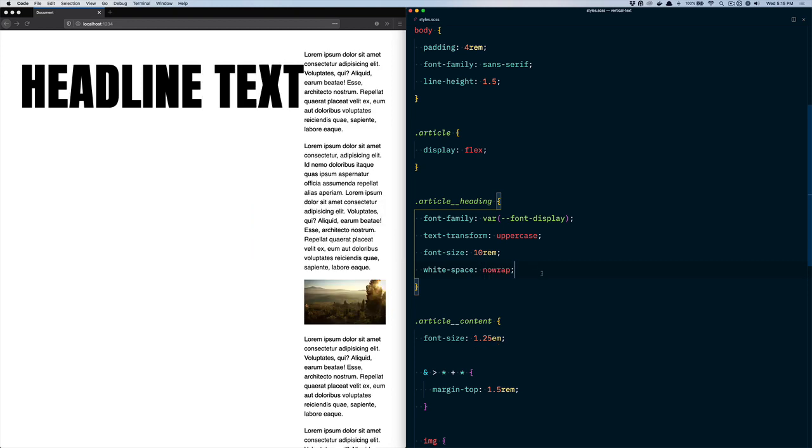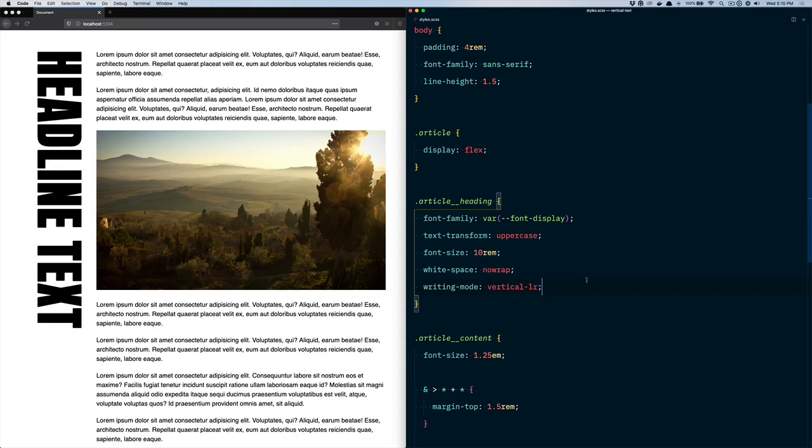Next thing that we want to do is place the heading vertically. So what we can do to achieve that is use writing mode, and we want to do a vertical left right. So we're close. Next thing that we can do is we're just going to add a background,